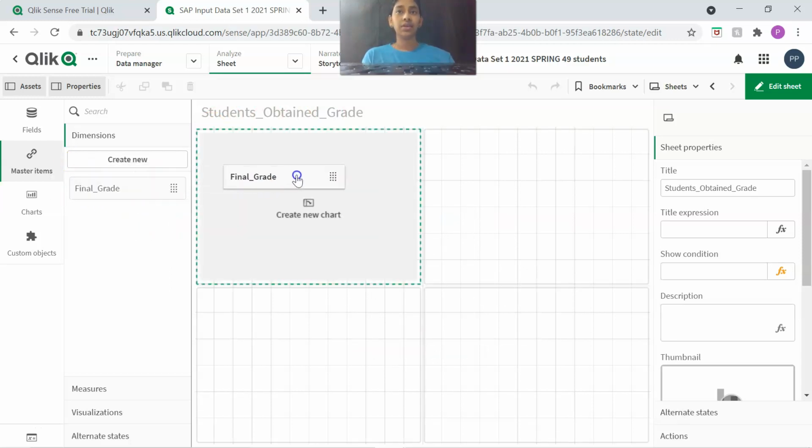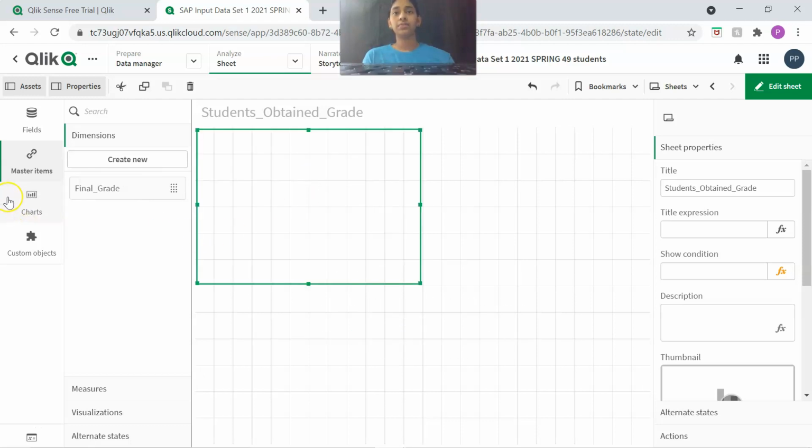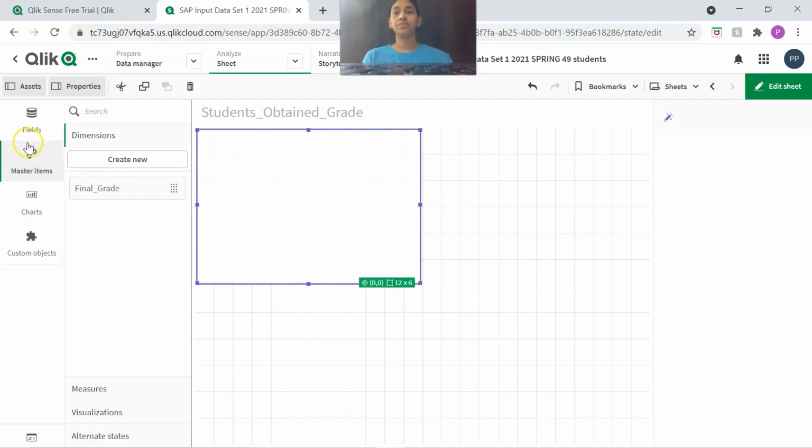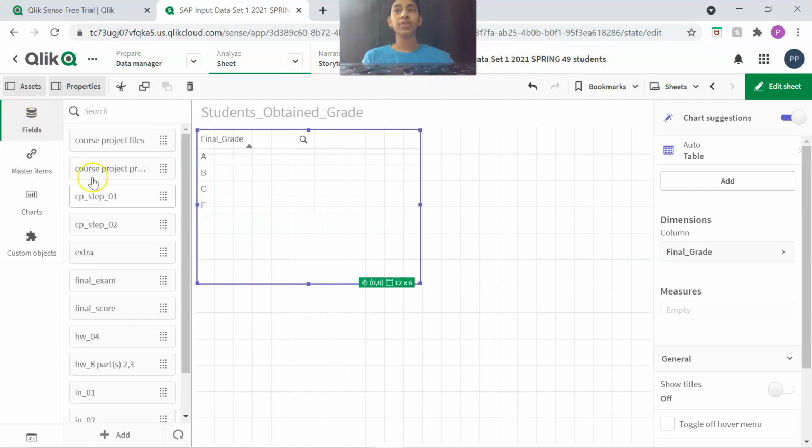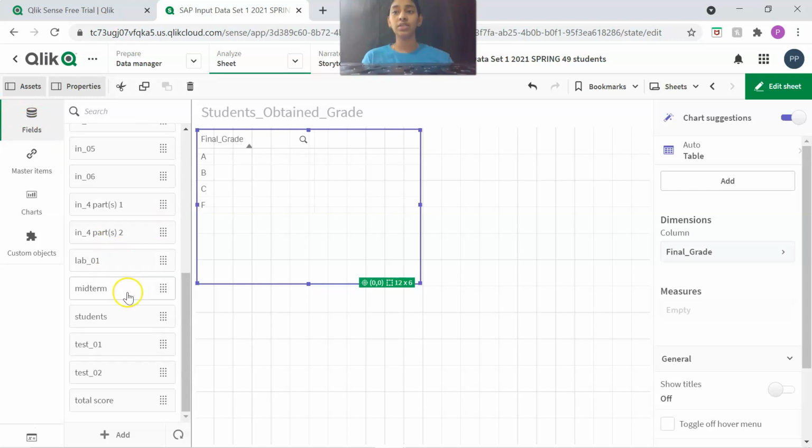So now let's drag the final grade and drop it in the chart area. Here you can see we have A, B, C and F for spring 2021 semester, and go to fields and now drag students.